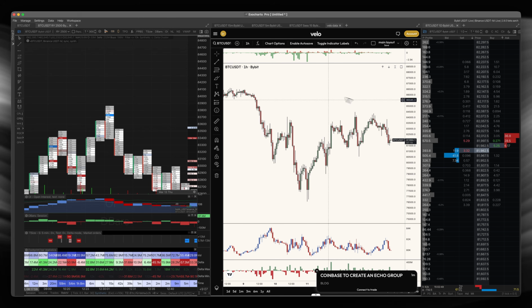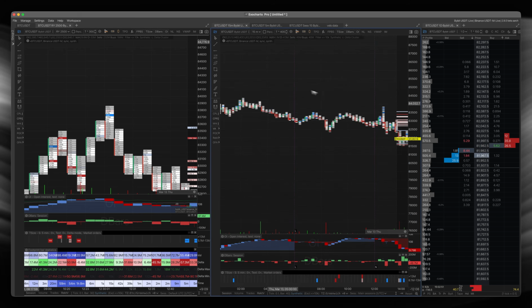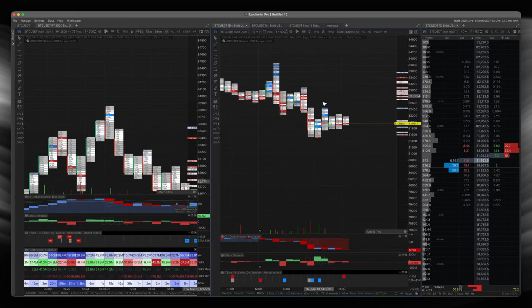I use this again as one of the tools I'm using to sometimes check the data and stuff. But yeah, if I could recommend anything, obviously, I'm a big avid user of Exocharts and TradingView. If you're interested in order flow, footprint, and TPO, which you've probably seen all over this channel,